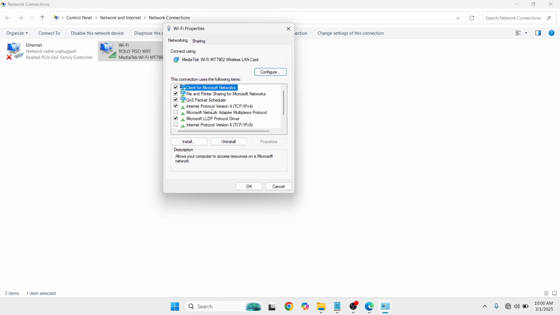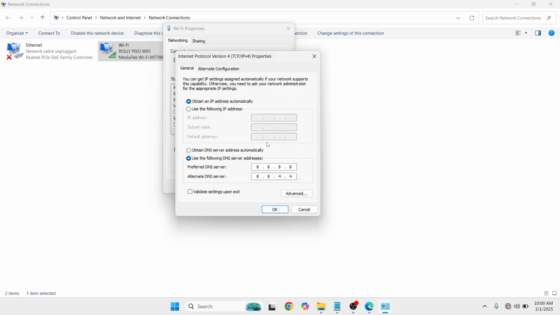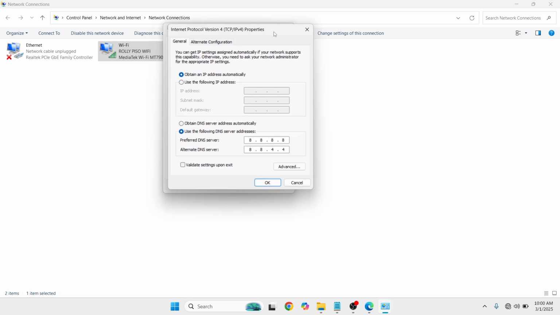Now here you need to proceed directly to Internet Protocol Version 4, then click on Properties. Then in this new window, you need to make sure that Obtain an IP address automatically is turned on. And here, if in your case Obtain DNS server address automatically is turned on, change it into Use the following DNS server addresses, so that we can modify and set the preferred and alternate DNS server